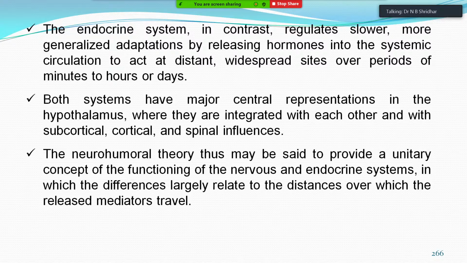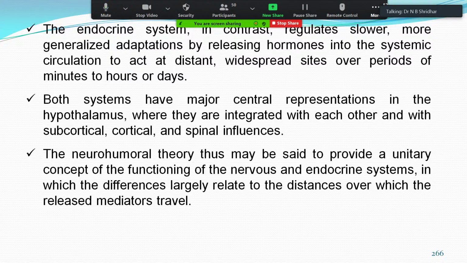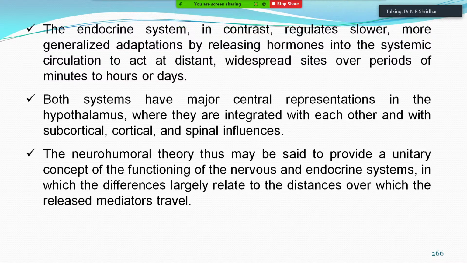For example, oxytocin acts very fast on the uterus, whereas growth hormone takes a long time to act. And the half-life of each hormone is totally different from one another. Whereas most of the time neurotransmission occurs very fast within a track, and